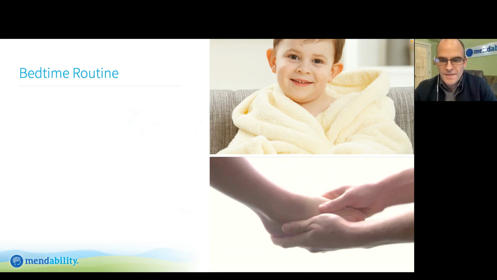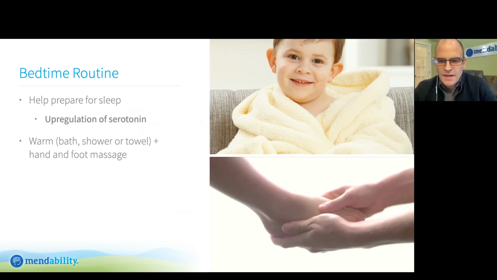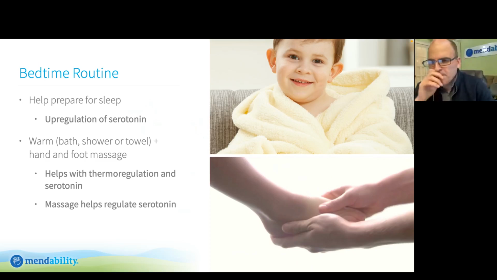Yeah, go ahead. Do you want to talk about the bedtime routine? I can have the right slides up while we talk. I've got a slide for the bedtime, one for bath time as well, and I've got one for music.